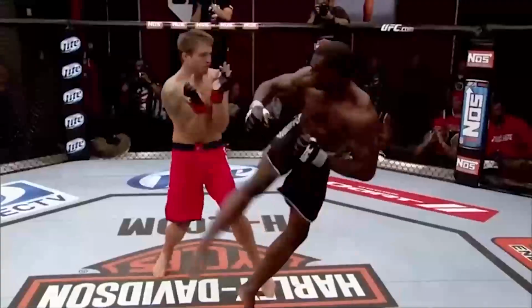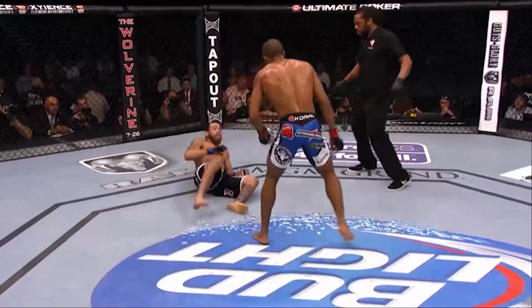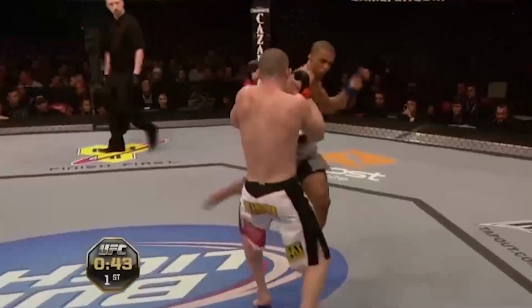Jab, cross, and round kick. He falls to the canvas, and another match is won thanks to the leg kick. We're talking about the extension of your leg to kick your opponent's leg, which is one of the most critical